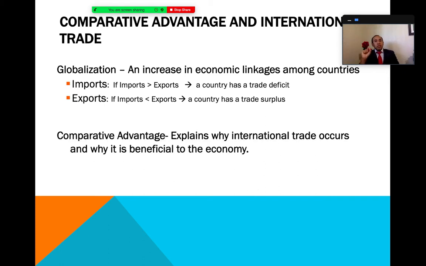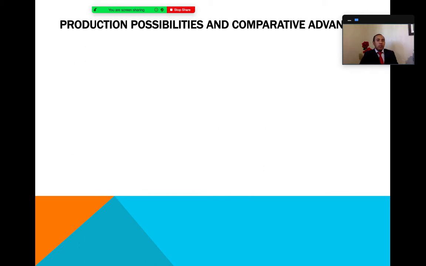The theory of comparative advantage helps explain why international trade occurs and why it's beneficial to the economy and to multiple countries involved in international trade. From the view of economics, international trade is beneficial to the countries involved because it increases the flow of transactions and the flow of goods and services in and out of the countries involved in international trade. And according to the theory of comparative advantage